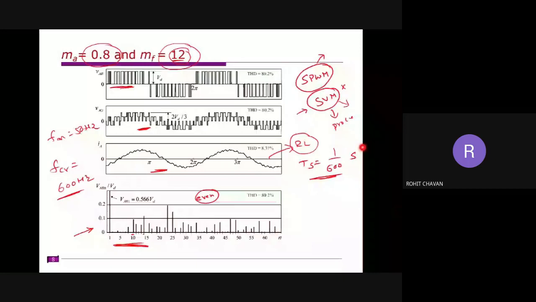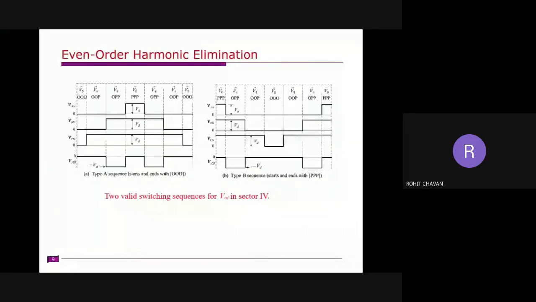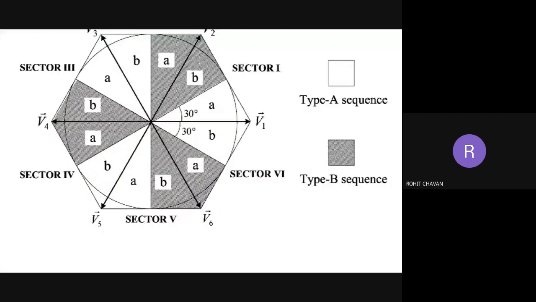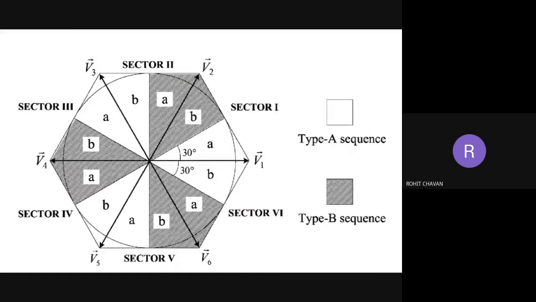Okay. The disadvantage of this method is that we have even order harmonics. So we have even order harmonics in this method, and that can be overcome like this. This is sector 1, right? In this sector 1, we already discussed that the switching sequence starts from 000 and